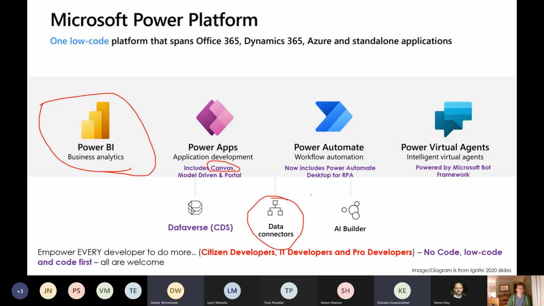I think it is now around 350 or more connectors, and more and more connectors are being added, and that's just the public connector number we're talking about. We're not talking about the connectors that are built by companies. Every company will end up building at least one or two custom connectors to talk to their own API or some third-party API they use. So yeah, that's the connectors. The connectors are the main component of the Power Platform, and then there's the component to